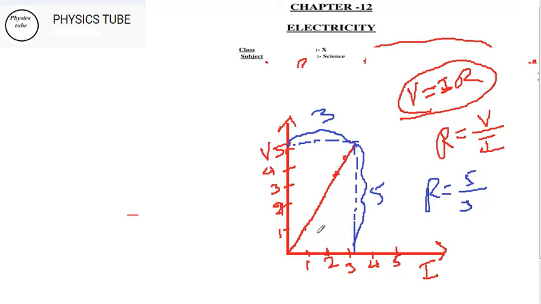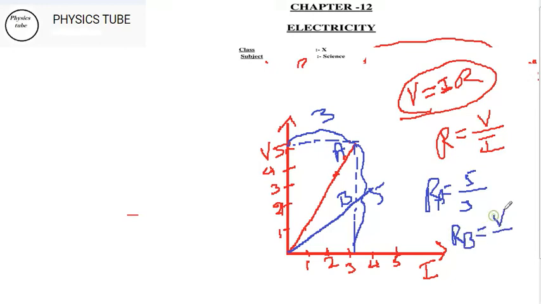Now please note very seriously, there can be some other critical questions on this. Suppose another graph you get like this. They give you two graphs, they call this A and this B, and they ask you to find out which has more resistance, A or B. This is one of the crucial questions, very often asked in board exams, so note this very carefully. So this is my A. I found out the resistance of A. Now to find out resistance of B,